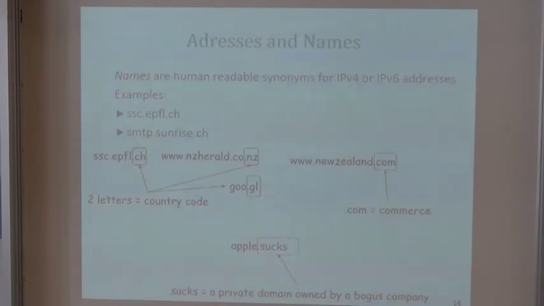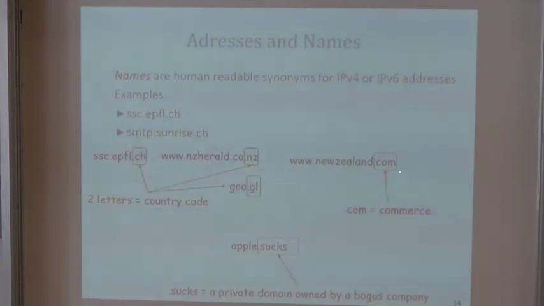We have also seen names. Names are originally meant as being human-readable substitutes for addresses. And we'll talk more about that, but here is a very first thing you need to know. In names, the most significant thing is at the beginning, and the more general thing is at the end. So the last element of a name is called a top-level domain. It's made of letters. 2-letter domains are country codes. All the others are something else.